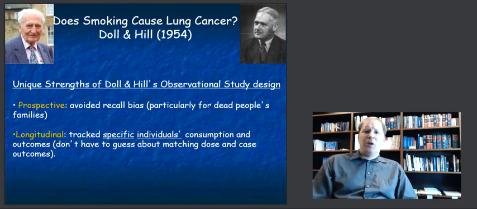This is useful because it avoids recall bias, which was the issue we had before when we were talking about coffee and Parkinson's disease. It's hard to remember in the past how much you smoked 3-4 years on, and that's particularly the case if someone has passed away from lung cancer and you're asking the family how much did they smoke, where it's secondhand knowledge. Therefore, a prospective study design which asks what you are smoking now and traces you over time going forward is a useful form of study.